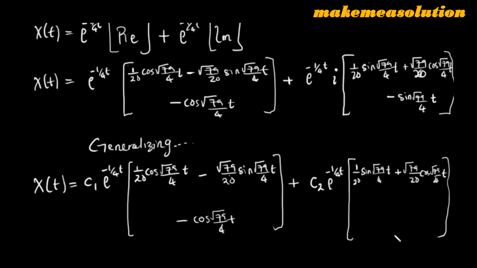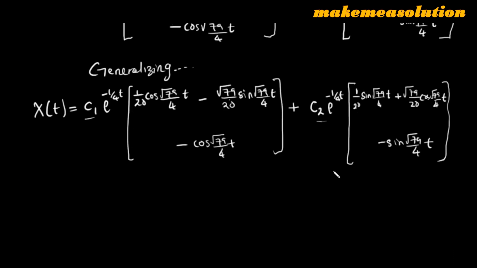Then you now have minus sine root 79 over 4t, like this. Is that okay? After separating it into the real and imaginary parts, the next step is to generalize the vector by adding your arbitrary constant. In adding the arbitrary constant, you can do away with your imaginary number i, because i is also a constant. Once we have it like this, the next step is to recall that our x of t is